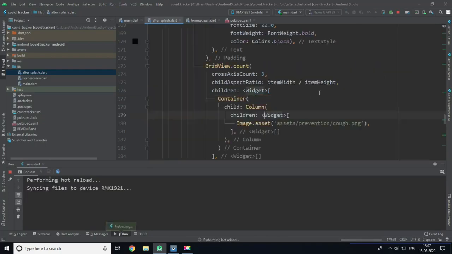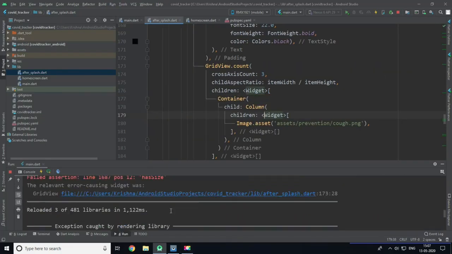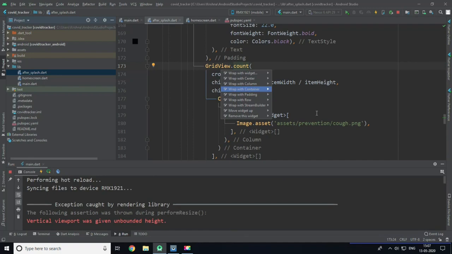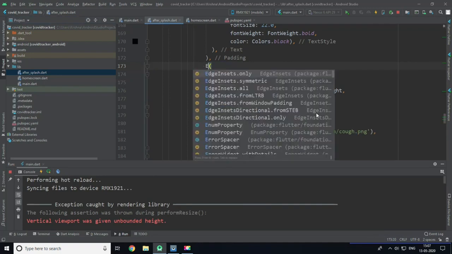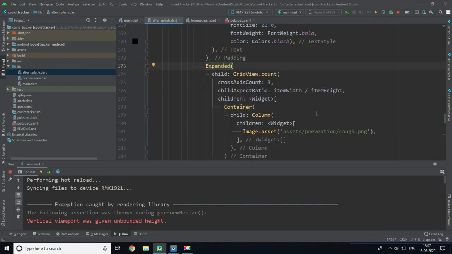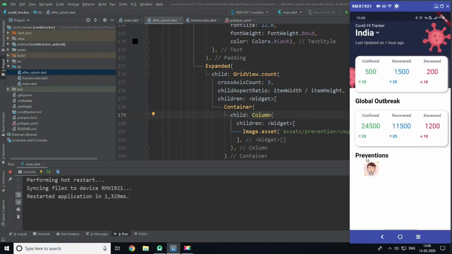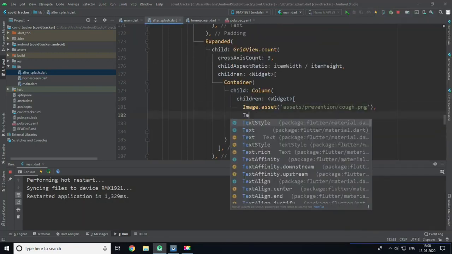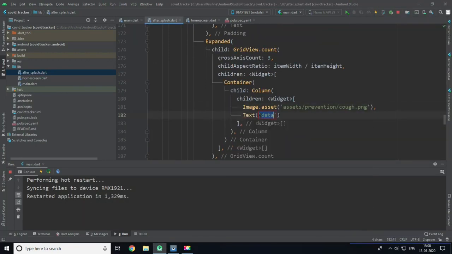Now when I hit save and run our app, it gives me an error. What I have to do is set this grid view count inside an expanded widget so that it can take the maximum height. Now here you can see that we have our preventions. I also need a text here, which is "Cover your cough"